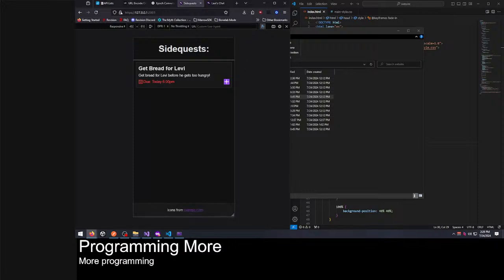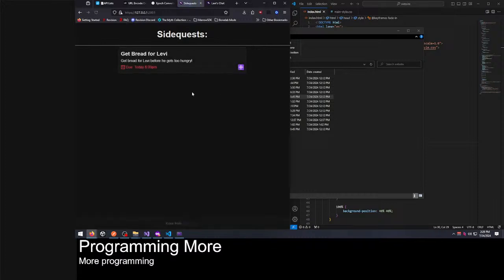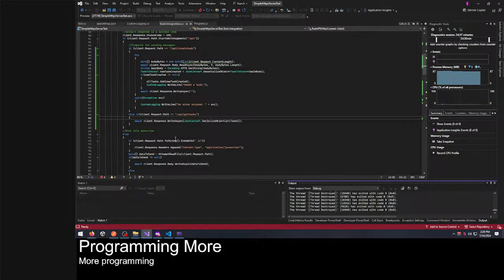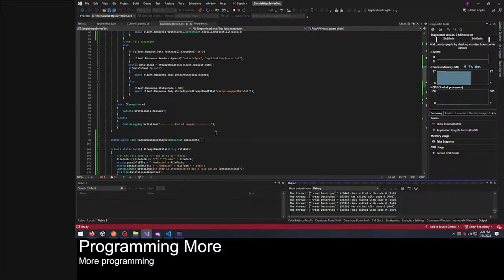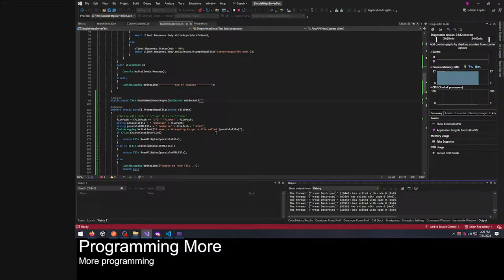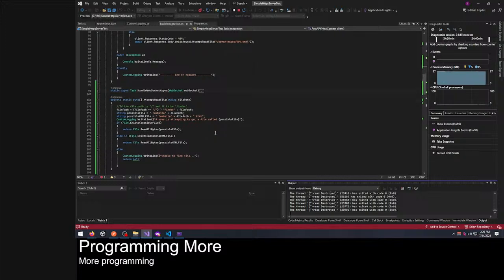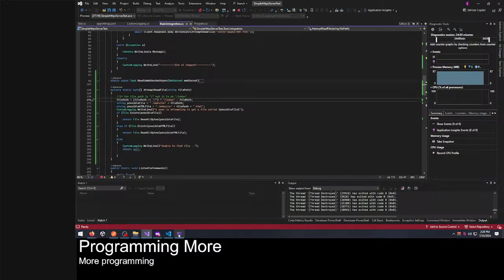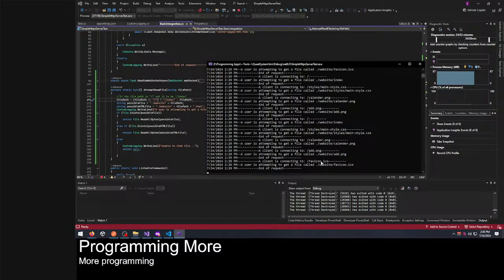Okay, in the network, oh, you know what? I think it's just returning the favicon straight from here. So we're going /favicon.ico. So I think somewhere in here it's gonna say a user is attempting to get /favicon.ico